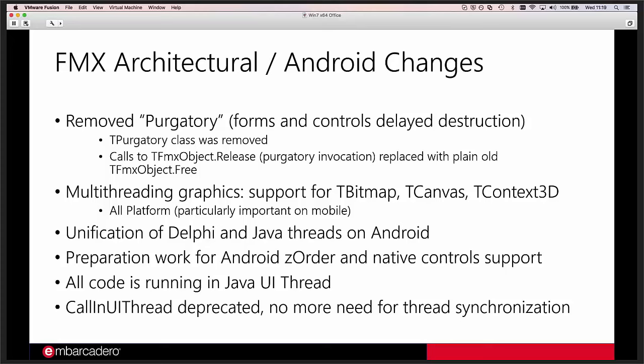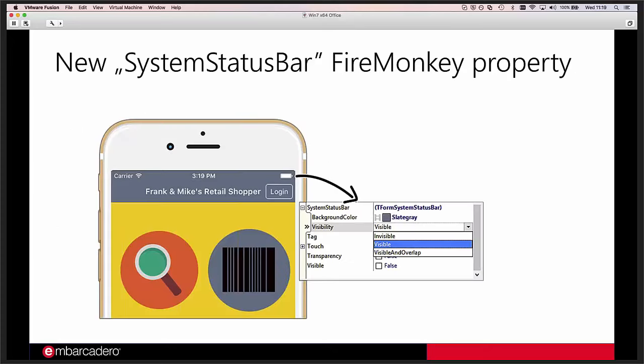We have some basic improvements to multi-threading support for graphics, like bitmap, TCanvas, TContext3D are now thread safe. So these are some of the things that will be specifically interesting for mobile developers building Android applications with Delphi with the FireMonkey framework. Also some other smaller improvements, like the new SystemStatusBar FireMonkey property, so you can control the status bar of your